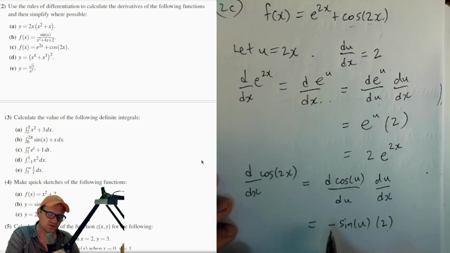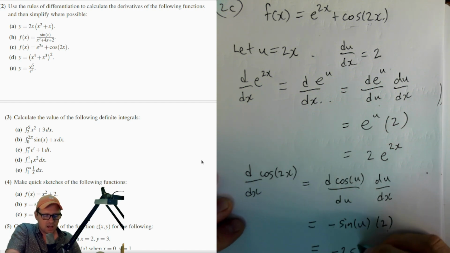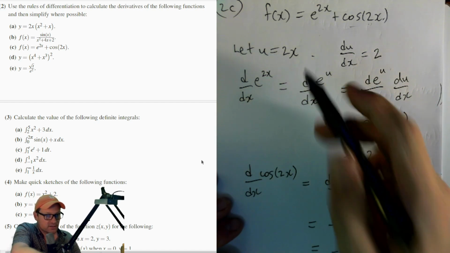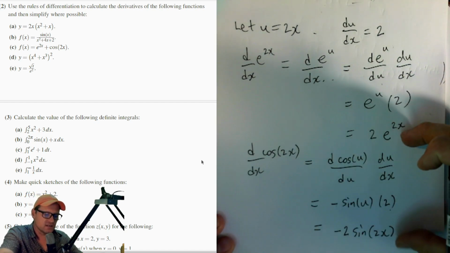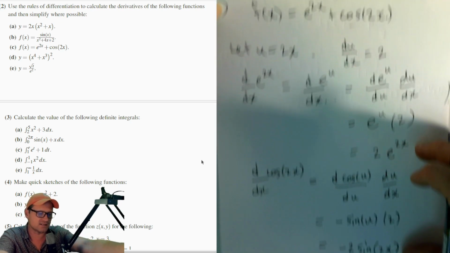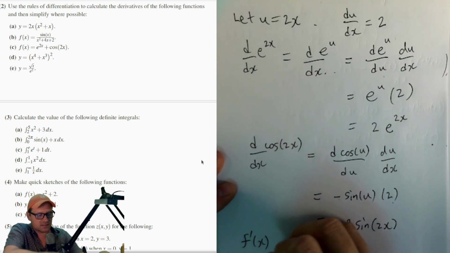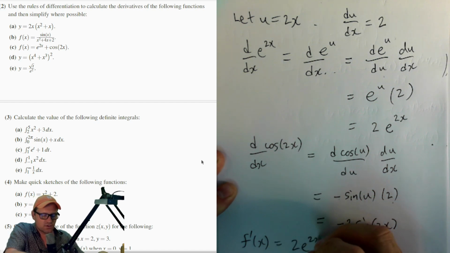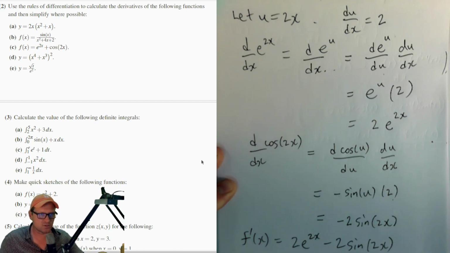Okay, now let's pull that 2 in front after the minus sign. We have minus 2 sine of u, but u is 2x. All right, and so now we can add the two of these together to get the derivative of f of x, which let's just call f dash of x. So f dash of x is 2e to the 2x minus 2 sine of 2x,